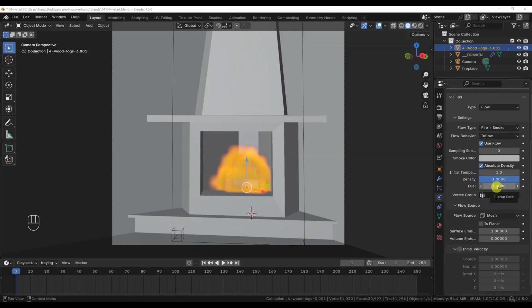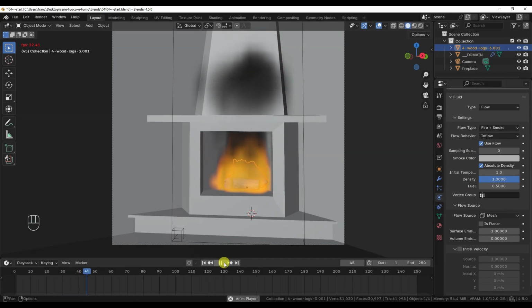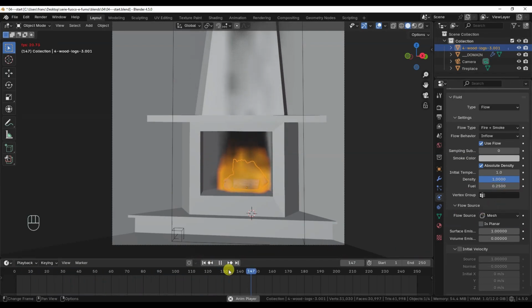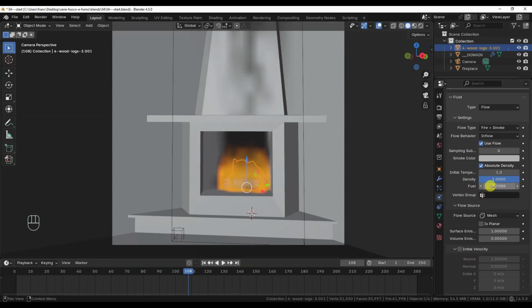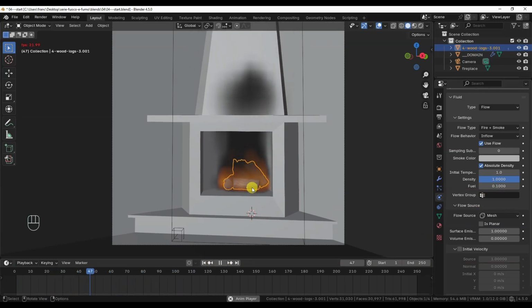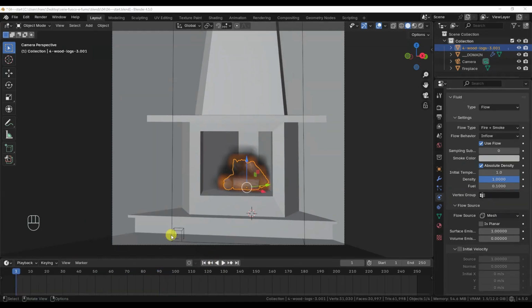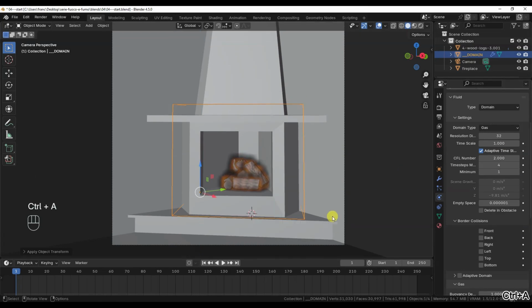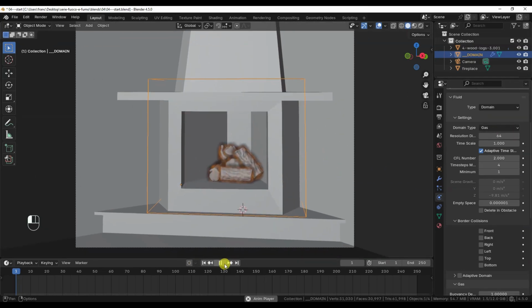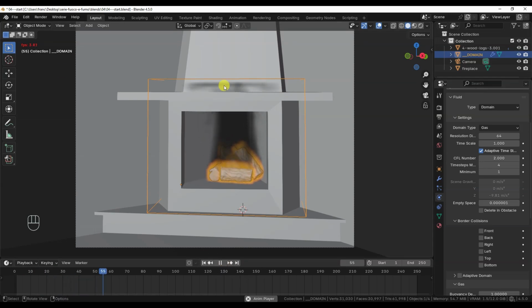From the previous episode, you already know that to control the amount of flames produced, we can adjust the fuel parameter. In our case, we can lower it a bit to generate lively but not excessive flames, or lower it a lot to create glowing embers. I reduce the size of the domain a bit and increase the resolution. Before examining the inflow parameters, let's see how to make the smoke inside the fireplace disappear using an outflow object.